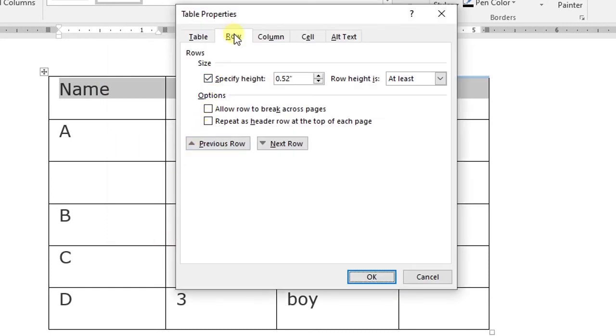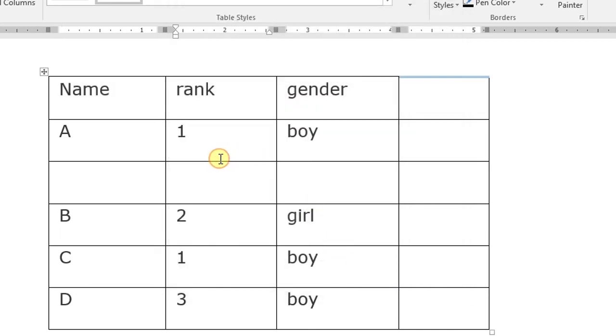Here select the row tab, and this option, repeat as a header row at the top of each page. So when you mark this option and your table appears on more than one page, the first row will appear as a header of the table on each page. So press the OK button to apply the command.